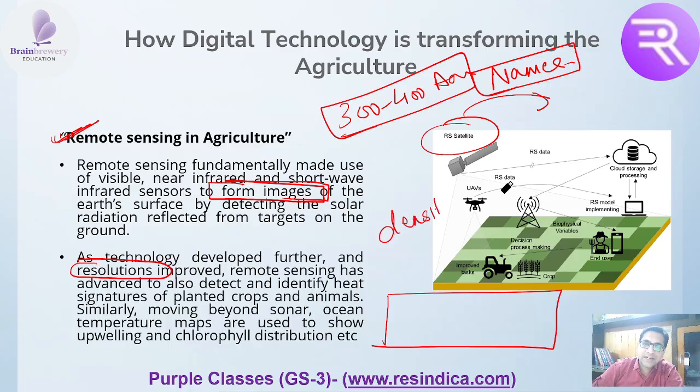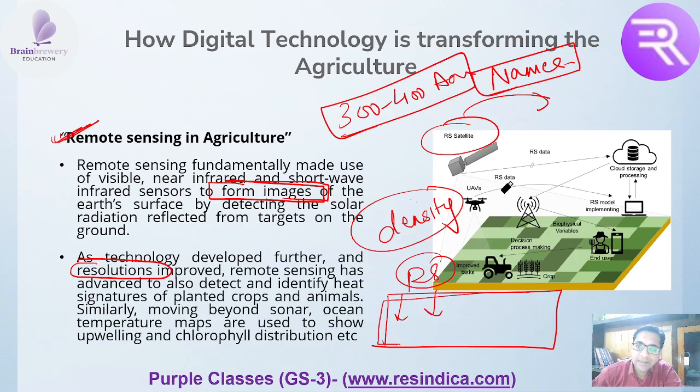what the density of animals is at a certain place, you will not go and count each and every animal, one, two, three, four, five. No, you have to do it with a remote sensing satellite. The remote sensing satellite will send the signal, and they will be able to find out in this particular area what the average density of the animals is. Okay, you can utilize the signals.